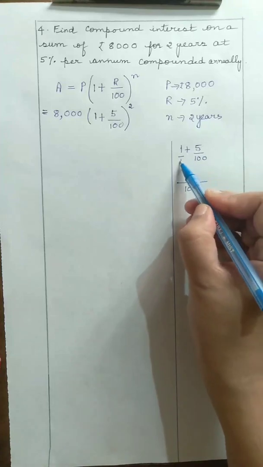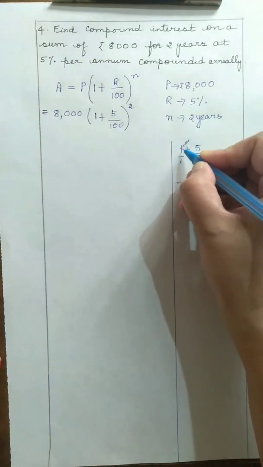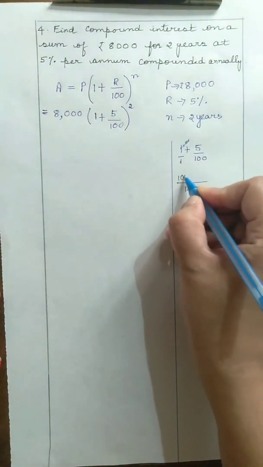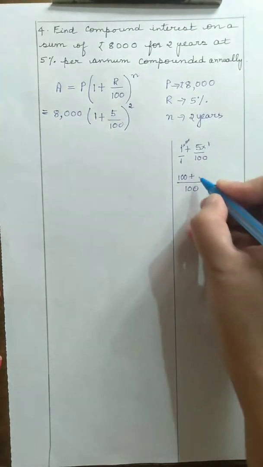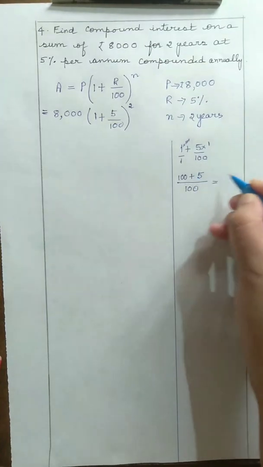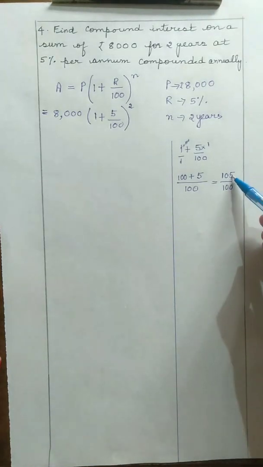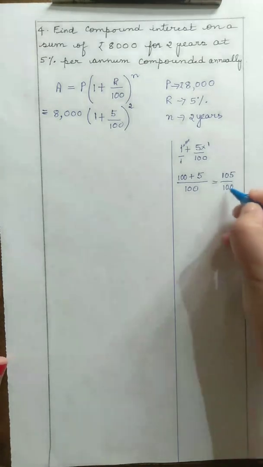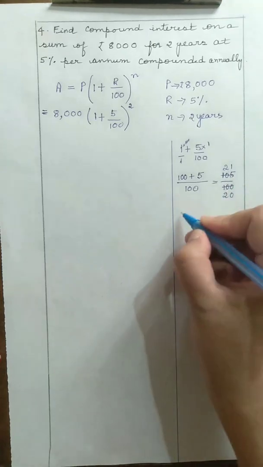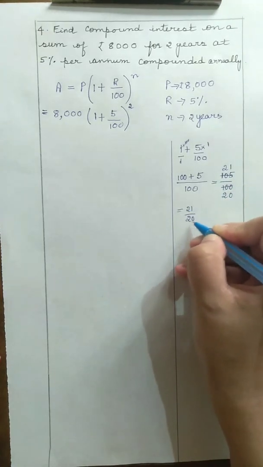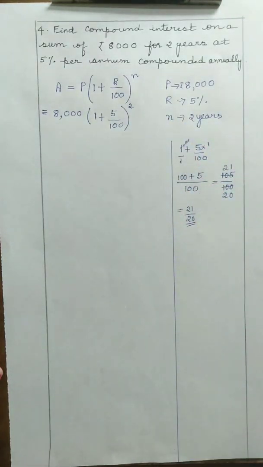So, 1 into 100, 100 ones are 100. So, 1 into 100, when you multiply to the numerator, it will be equal to 100 plus 5. 5 into 1 is 5. Therefore, 100 plus 5 will be 105 by 100. So, this 105 by 100, we divide by 5. 5 twos are 10, 0 remaining; 5 twenties are 100. Therefore, on simplification, we will get the final answer in the bracket, that is equal to 21 by 20.